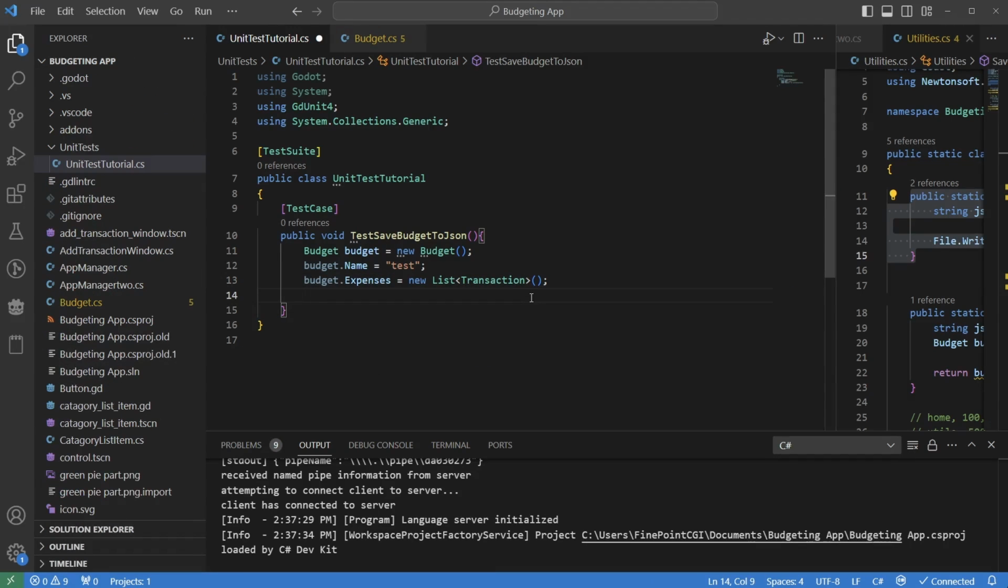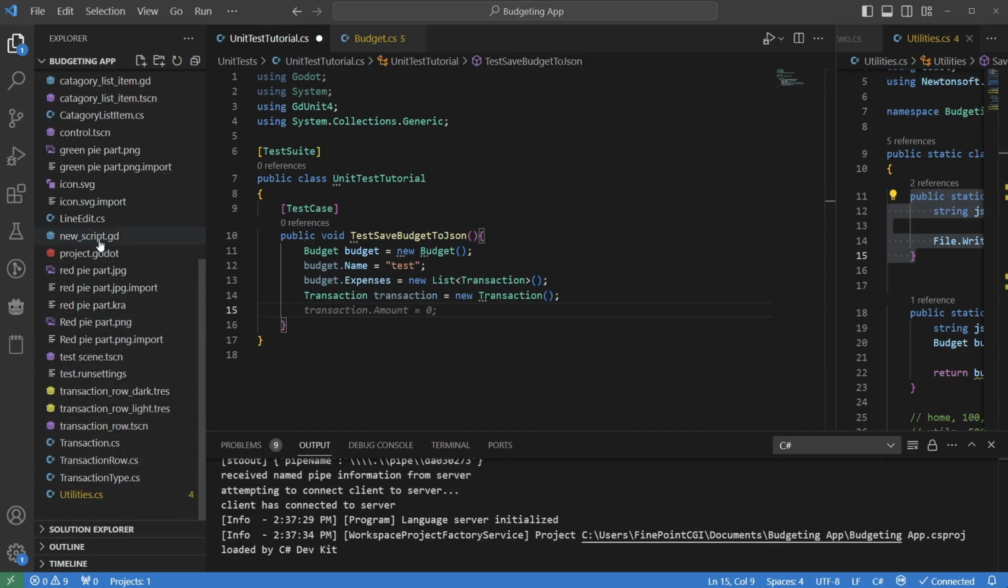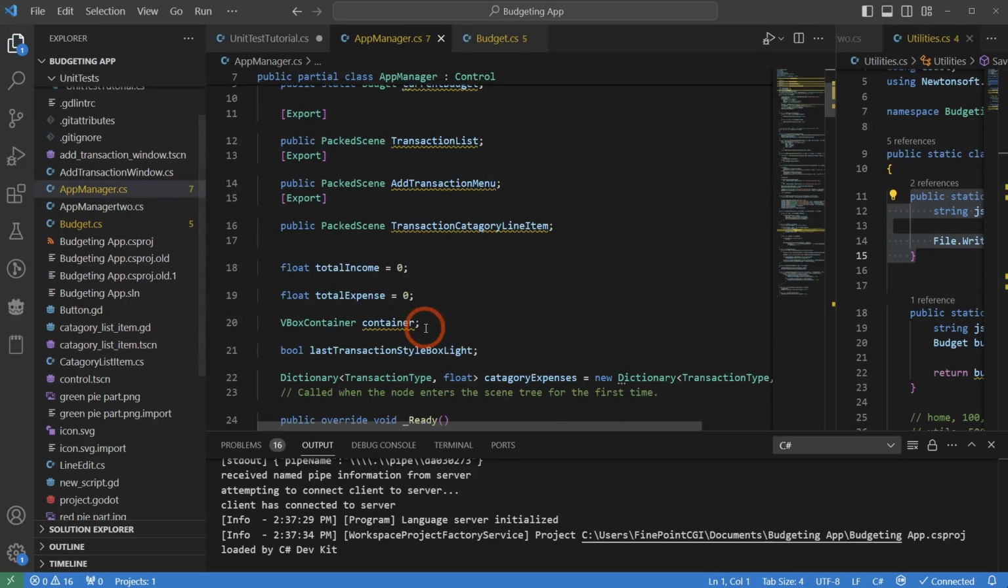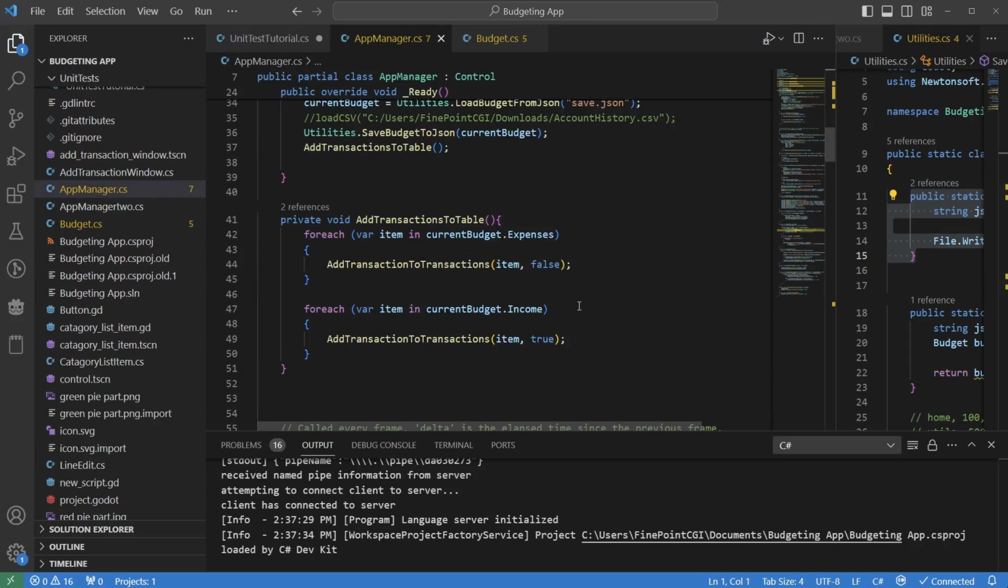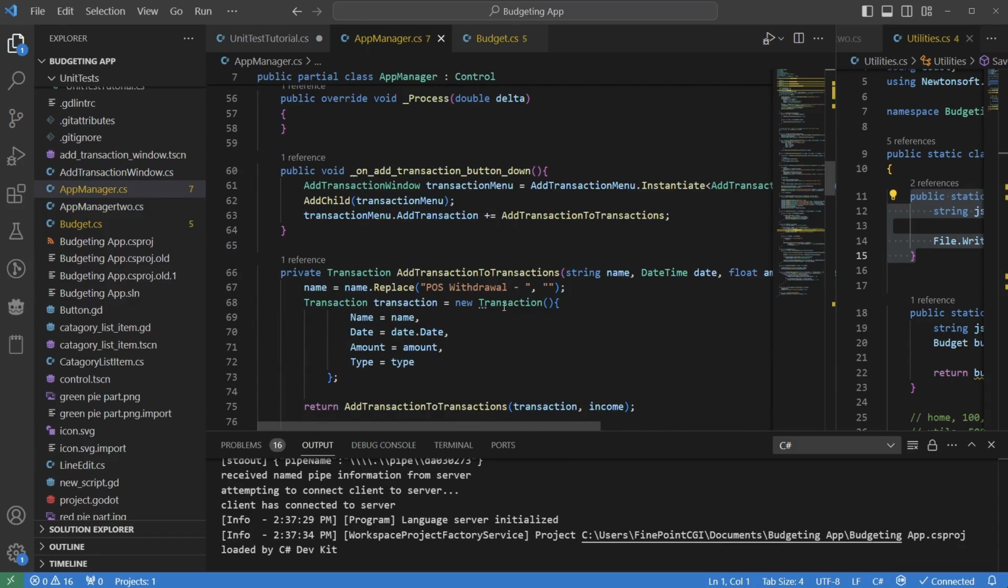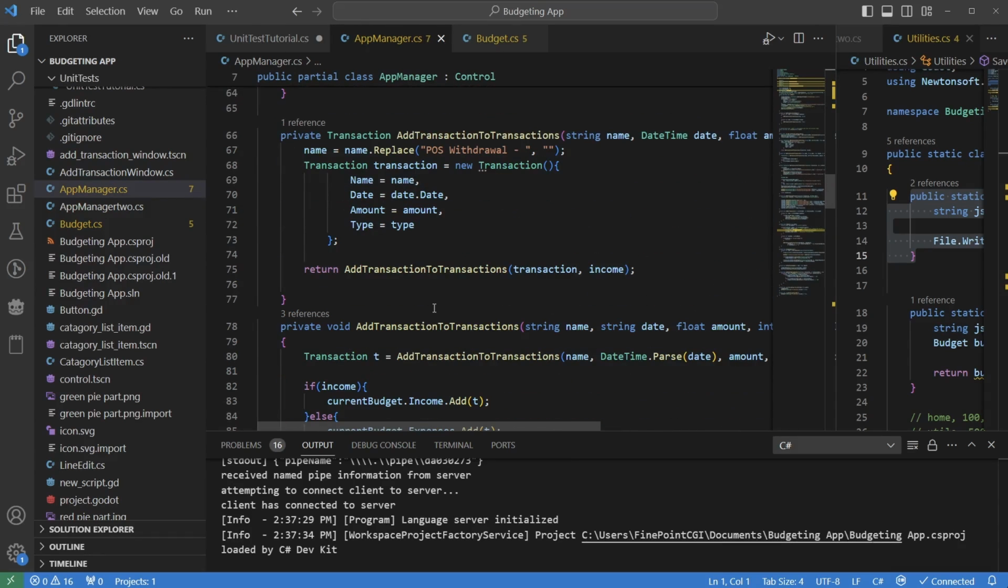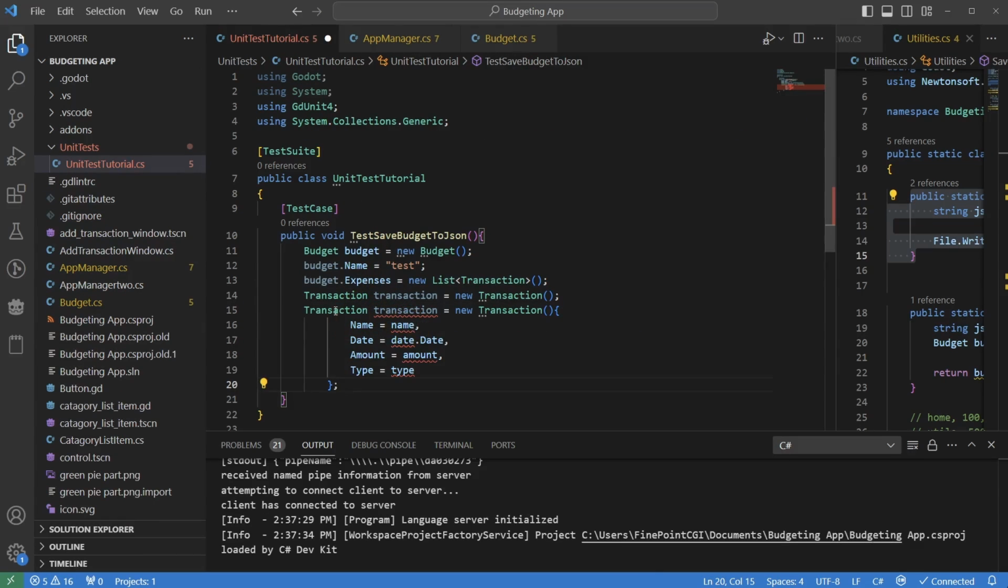And then we're going to come in here and do transaction is equal to a new transaction. And we could probably go out to, I'm curious if we could do our app manager, if we have some code that creates transactions right here. So we could just copy this guy here, paste it, get rid of this, and then we'll do